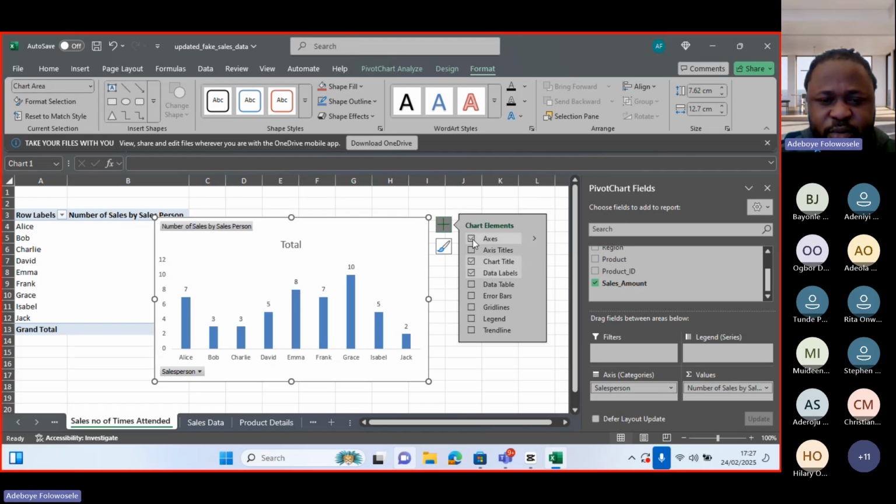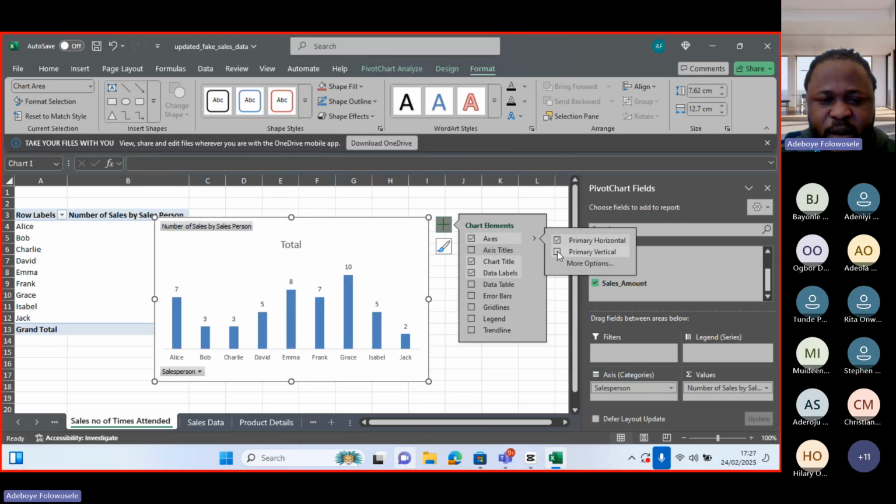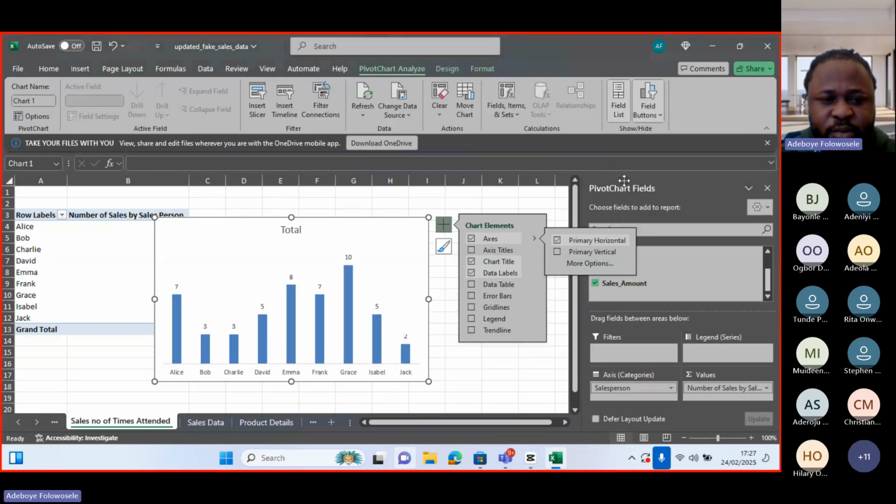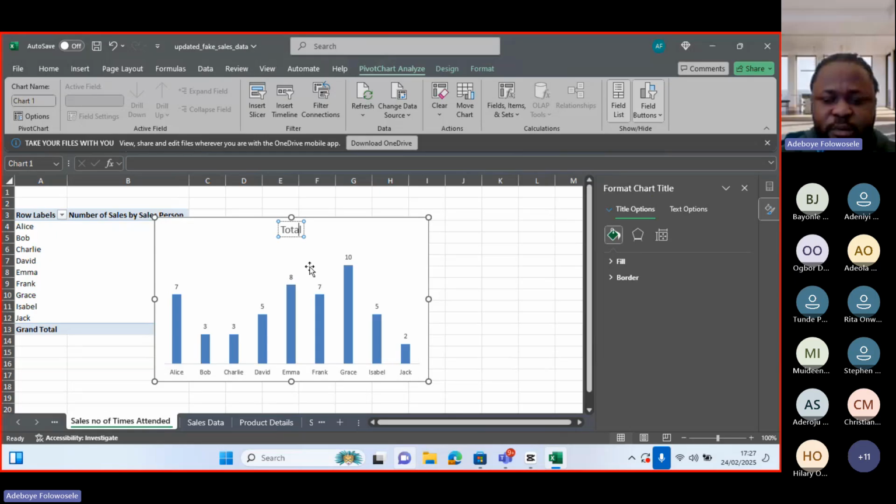Let me remove the vertical axis. Perfect. So pivot chart, field axis, field table. Then here we have the number of times, number of